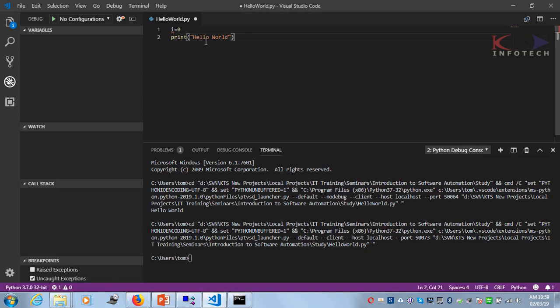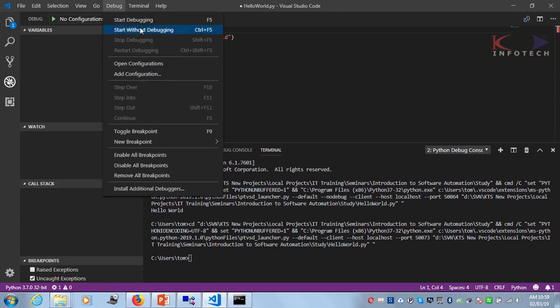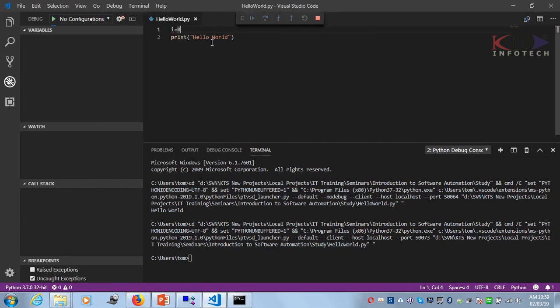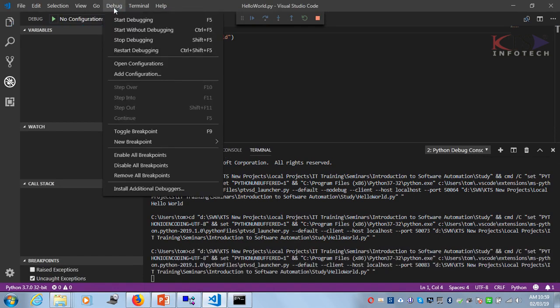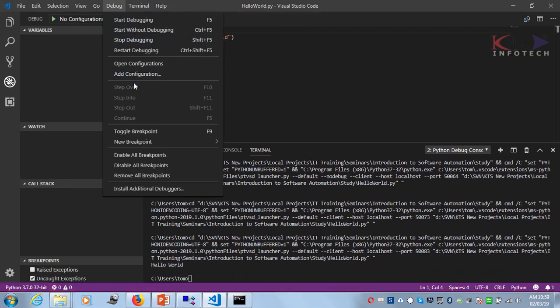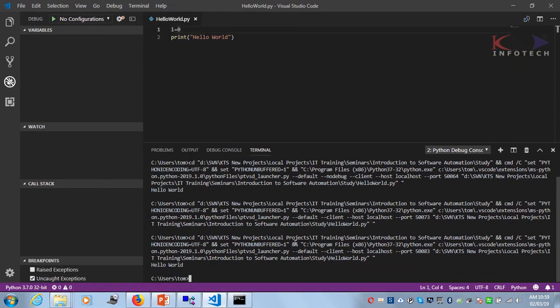Yes. So if you just start the debugger again, start debugging, then go to the next statement. It is started.